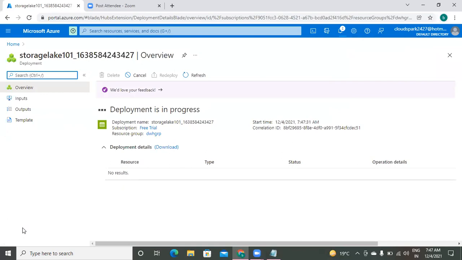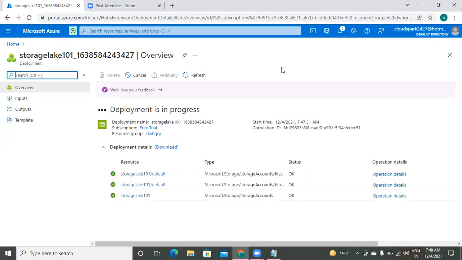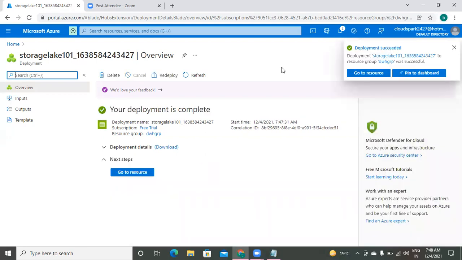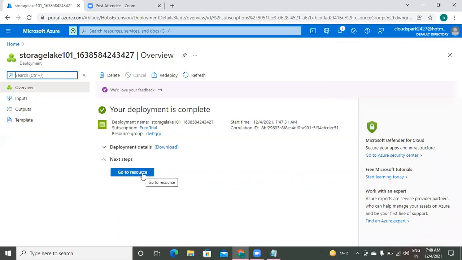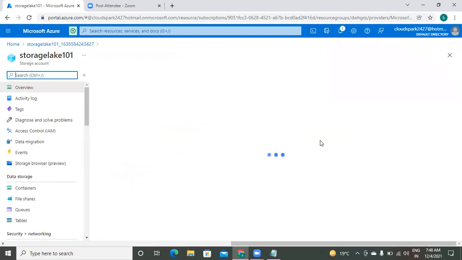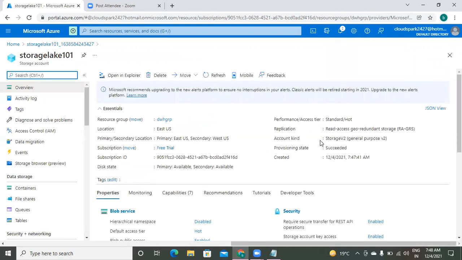It takes less than a minute. So it is created now. Just click on go to resource. Okay, storage account is ready.